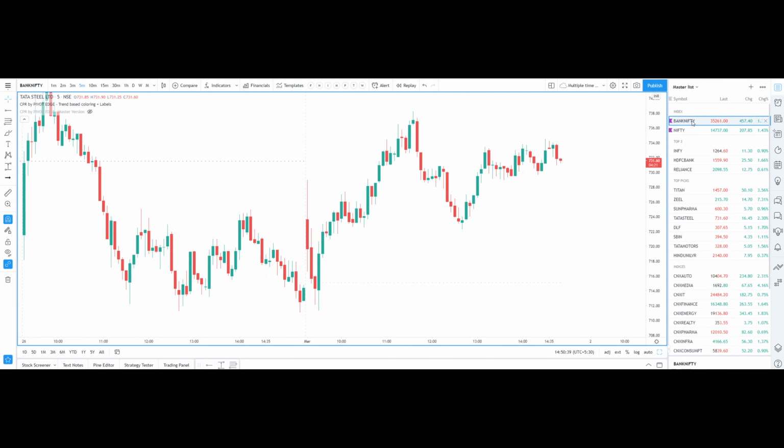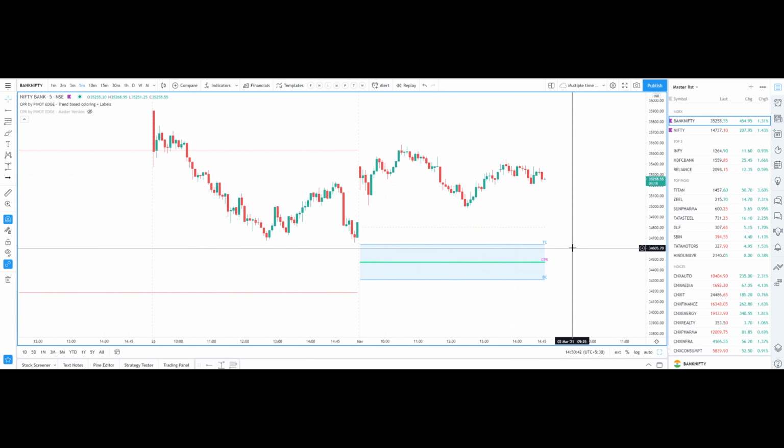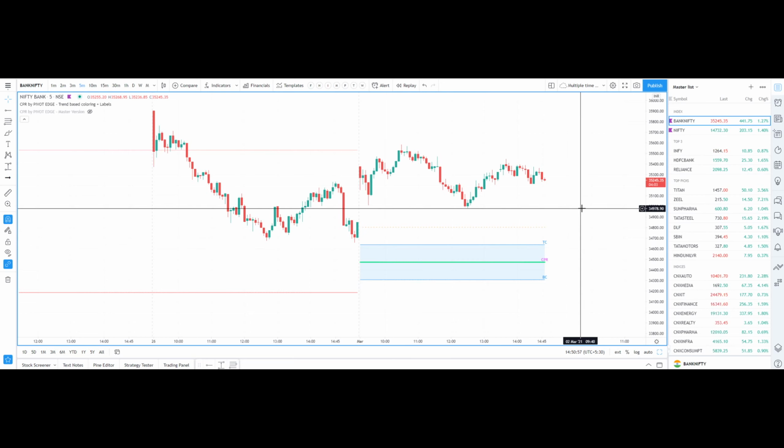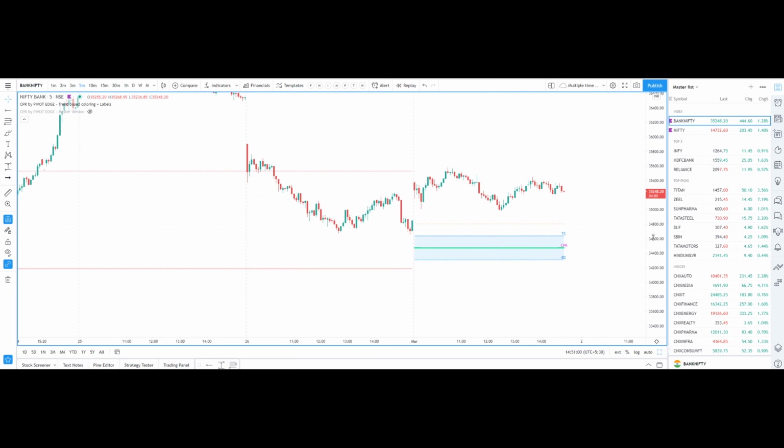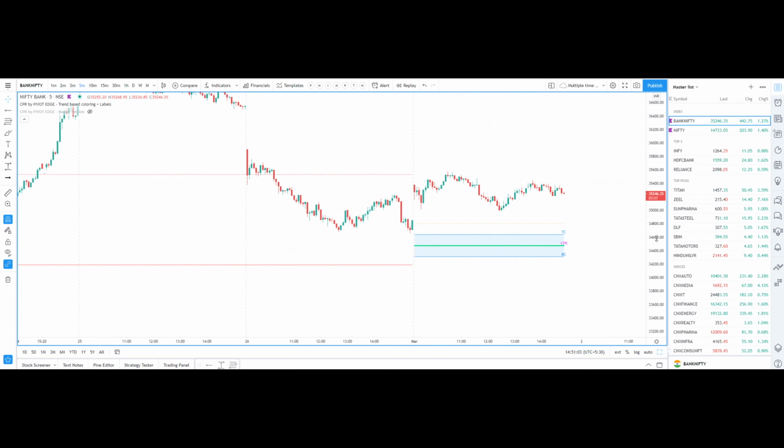If you like this indicator and want to make profits, you can use it. If you still need a more detailed understanding of this indicator, please post a comment, and also tell me what other features you want in it. This is one of the best indicators because I was working in this sector, that is supply demand, support, resistance and pivots. I found some indicators, but they were very basic and not much helpful. So I started coding my own indicator. I have coded this, and apart from this I have also coded some more indicators, so you can go through those also.